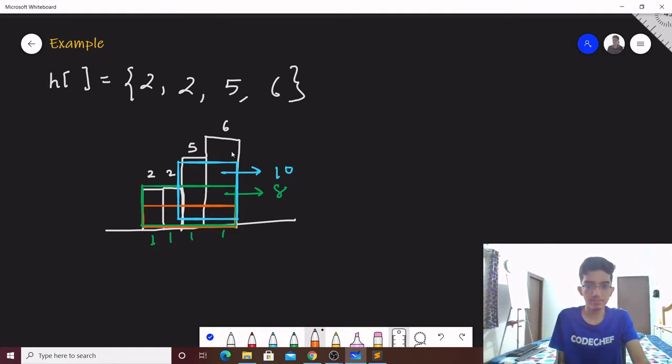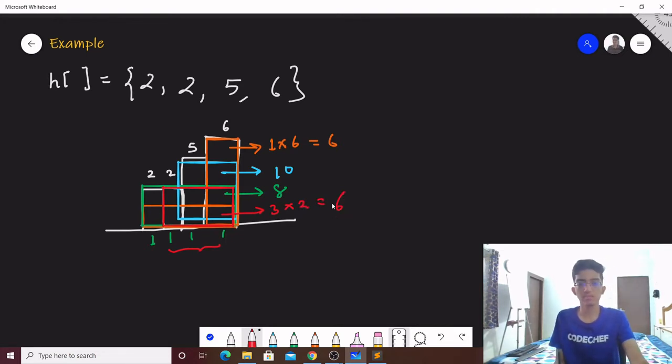Another can be like this. The width is 1 unit and the height is 6 units. So the total area is 6 units. Another rectangle can be like this. In this case, the width is 3 units and the height is 2 units.